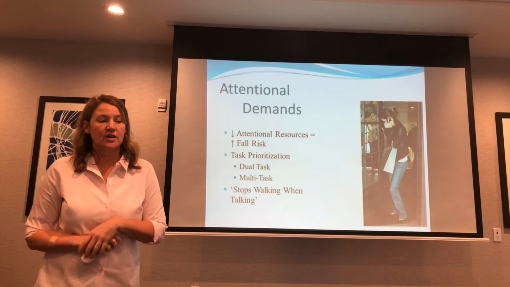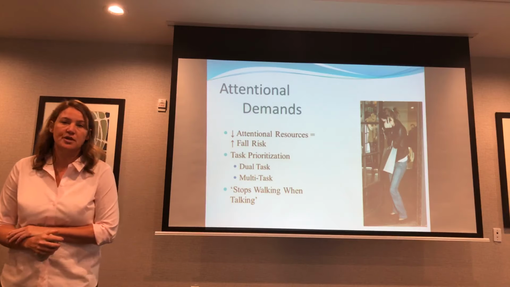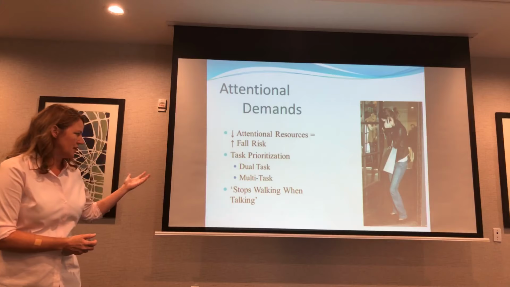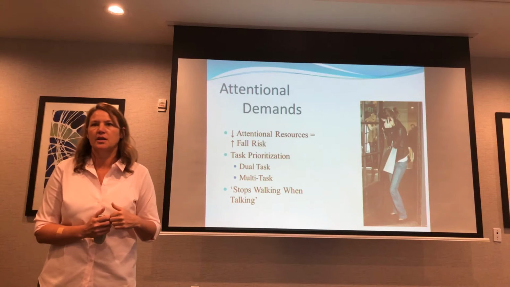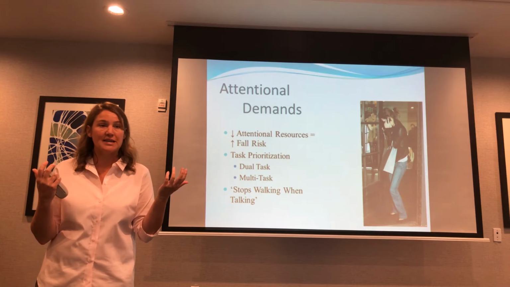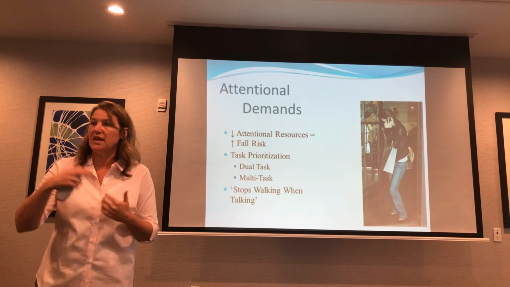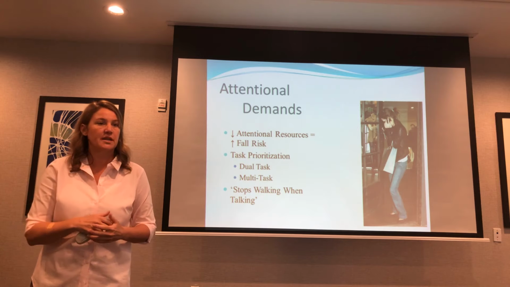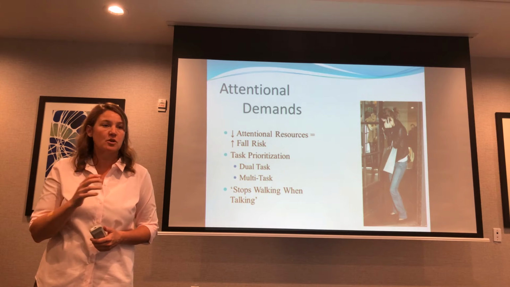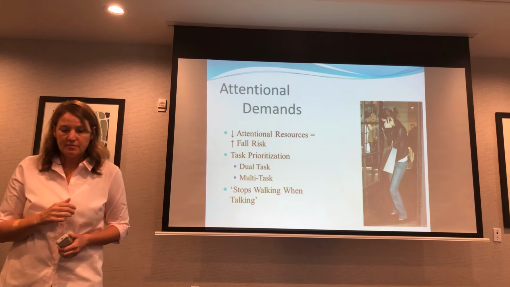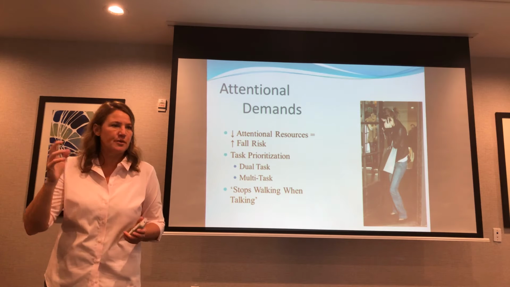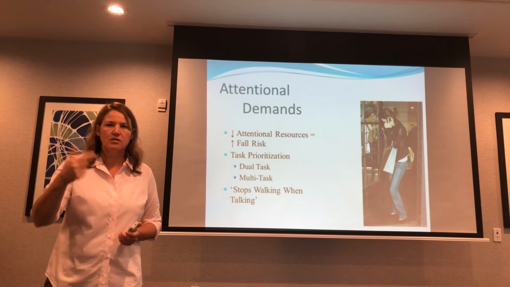So going in and trying to quantify it, you put them in a dual task or multitask situation. For a stops walking when talking test, you have them walk a distance, and then you also ask them certain questions, and then you have them do them together. You have them walk while answering questions. A typical one would be the timed up and go and the timed up and go with a dual task. Basically, for the timed up and go, you have them stand up, walk 3 meters, approximately 10 feet, turn around, come back, and sit down.